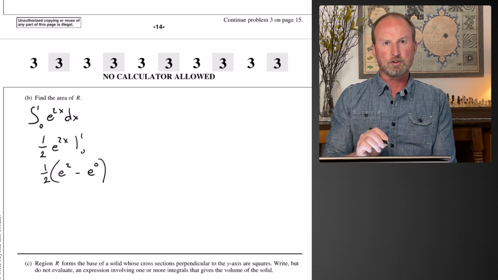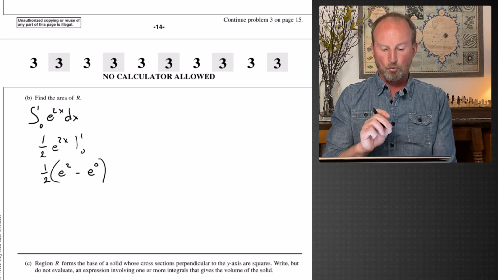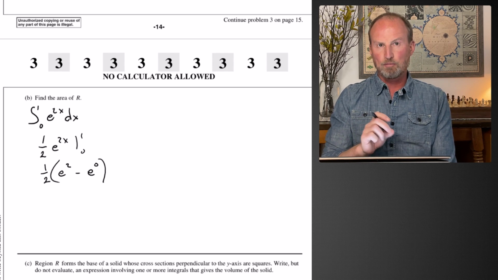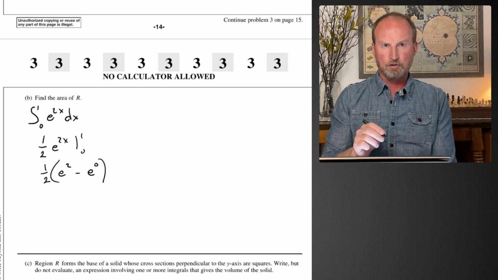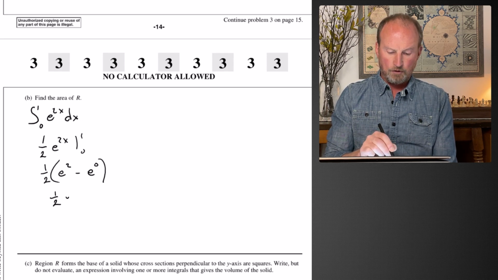Make sure you have the parentheses, because that e to the 2x became 2 terms, and the 1/2 needs to be included in both of them, either in front with parentheses or individually with each one. And you're done. You can leave it like that, but if you want to rearrange it,